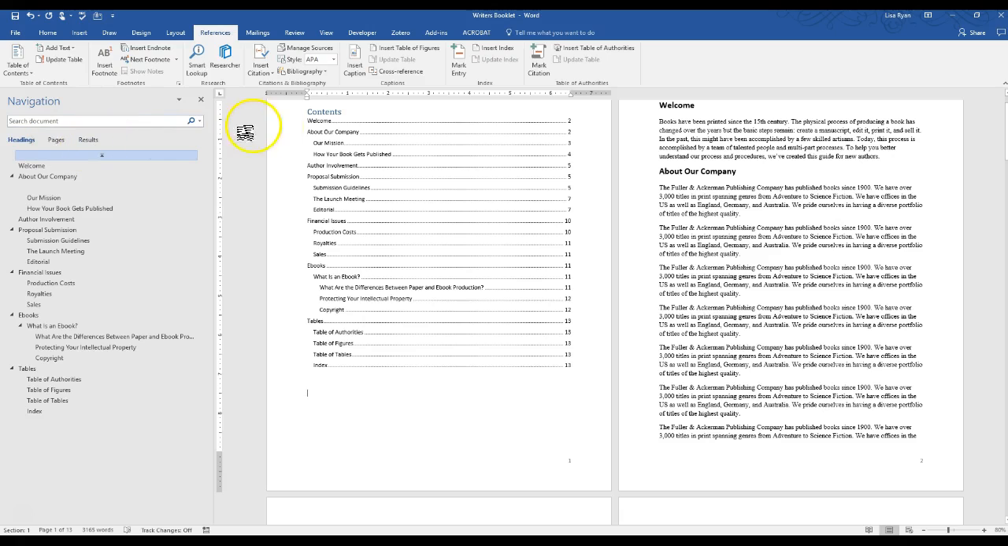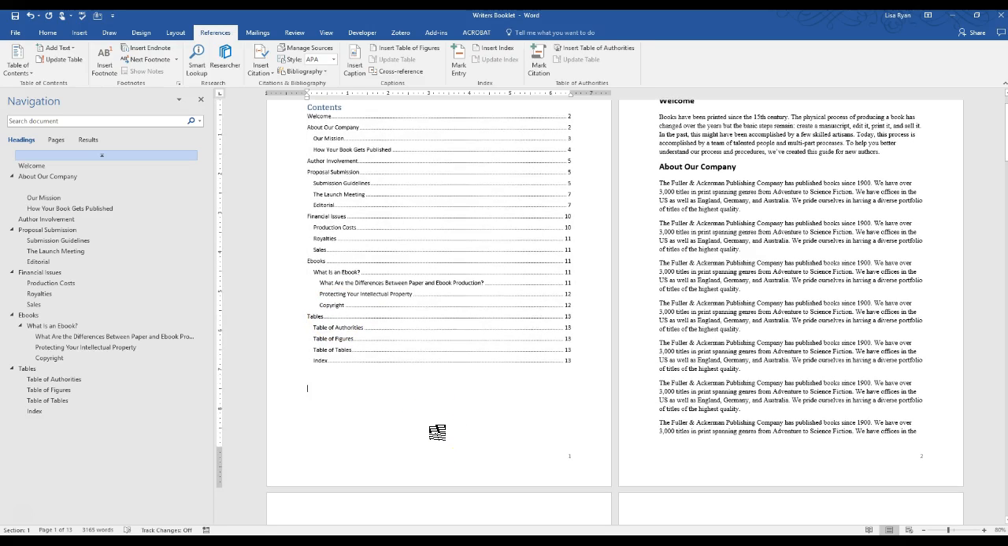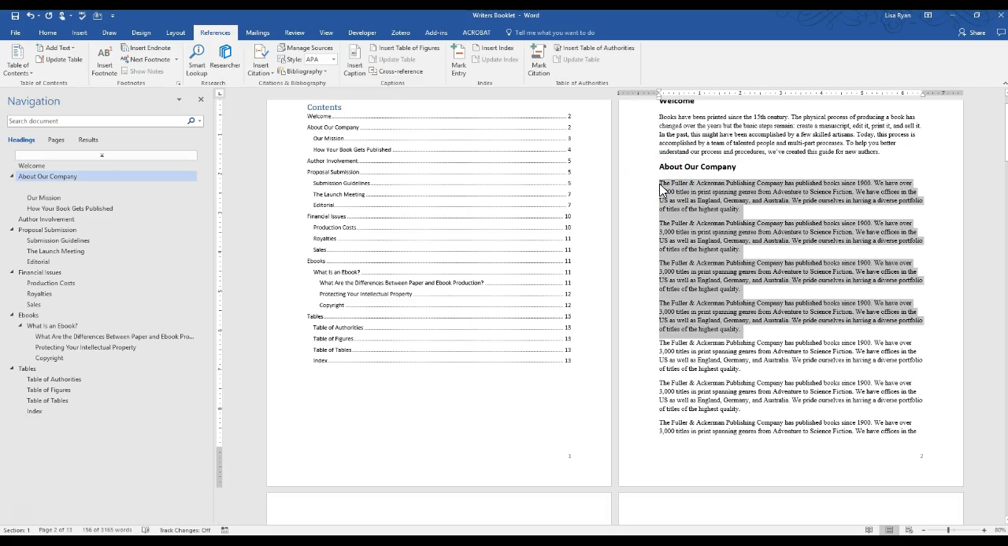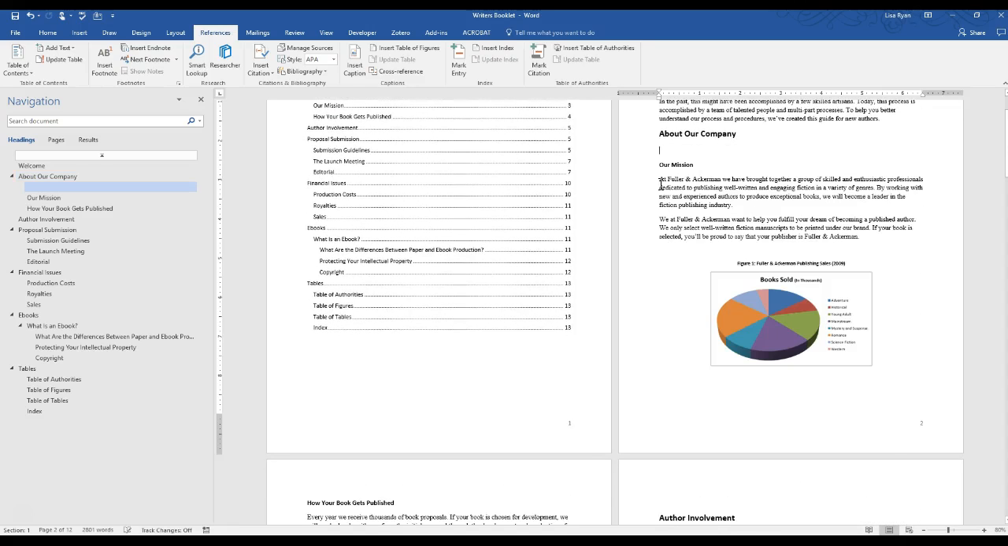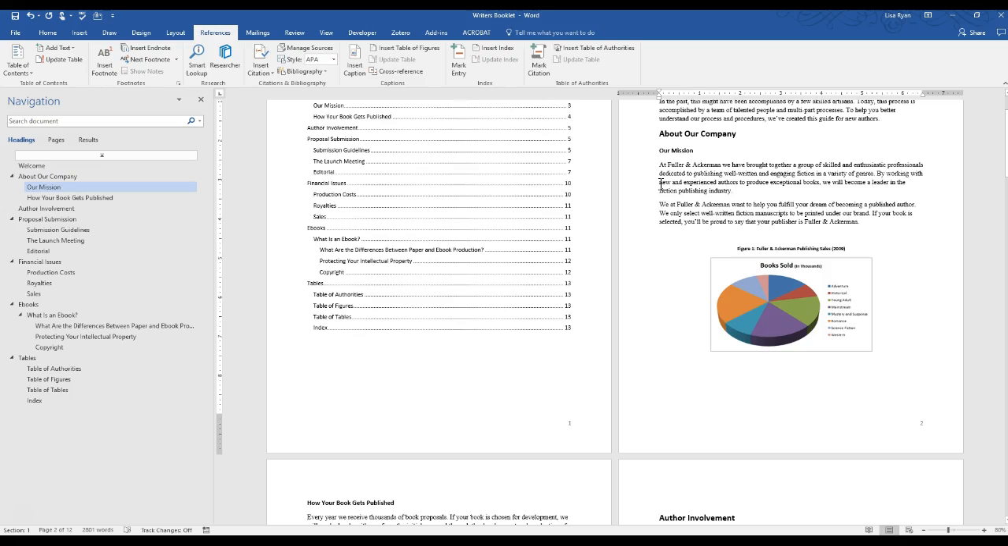All my heading 1s become main headings. My heading 2s are indented a little bit. My heading 3s, I have some here, are indented a little bit more. And there I go. And look at the page numbers. And when I take away all this text that I added, and our mission goes where it belongs. Now, mind you, this didn't change immediately, but